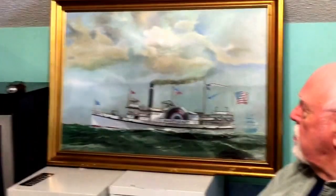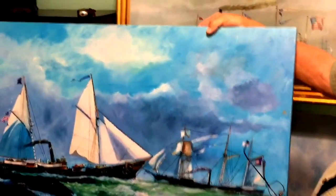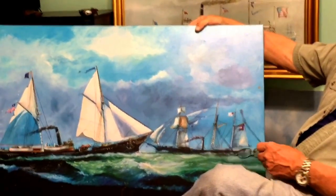And the retinue of ships out there and historical poses you can put them in is really wide, and I do the great American yachts of the 19th and early 20th century. They were just like wings of cotton on the wind. They were gorgeous boats. Historical ships like the old Nantucket to Block Island boat, and on the 4th of July they would dress them in all their colors and all their glory to celebrate the 4th of July. Civil War paintings depicting historic events, when the Union 90-footer captured the Roanoke off the coast